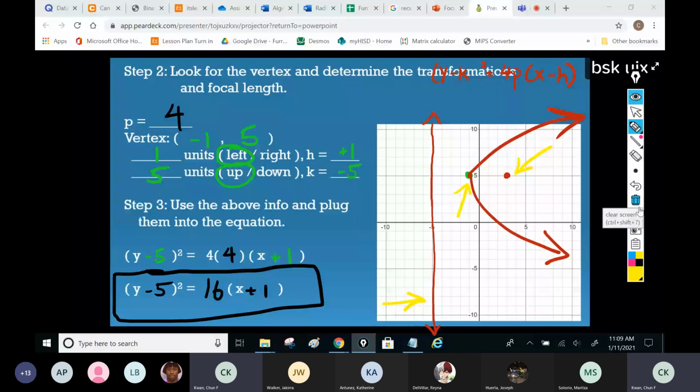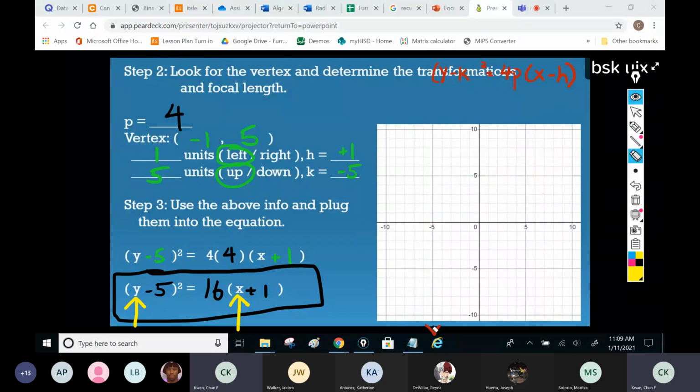All right, so one thing I do want to mention: the y right here and the x right here, you need to keep them as letters. These two have to remain letters. So don't try to find numbers to put in here. You have to keep it as a variable. Because I want you guys to think about this.